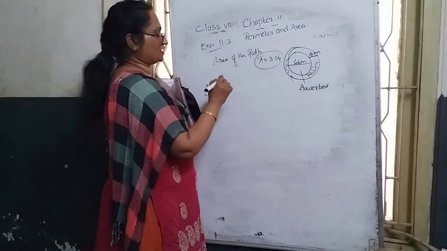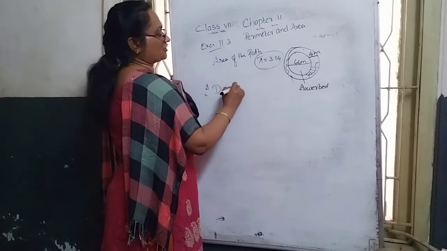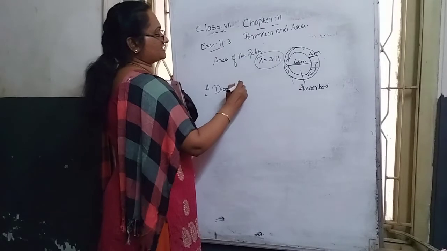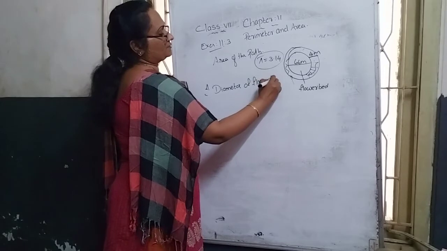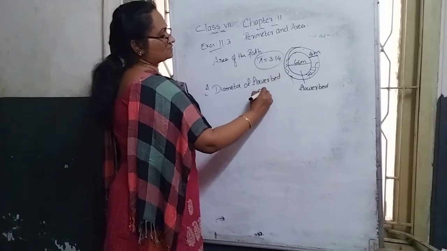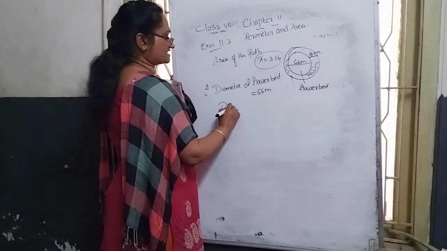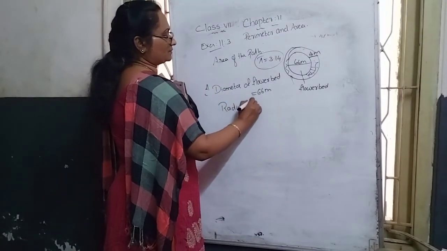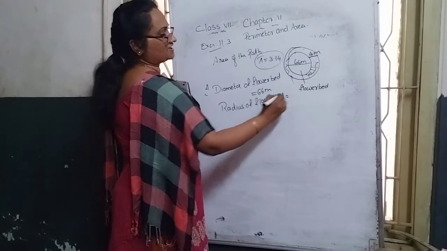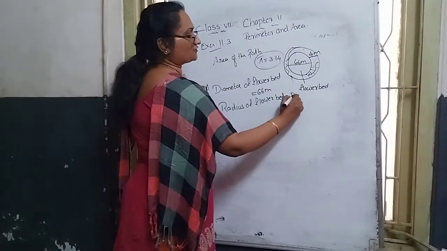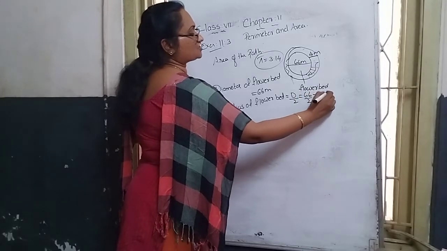Then the first given information: here the diameter is given. The diameter of the flower bed, our inside circle, is 66 meter. All our formulas are in terms of the radius, that's why convert it to radius. What is the relation between radius and diameter? The radius is half of the diameter. So half of 66 is 33 meter, the radius.